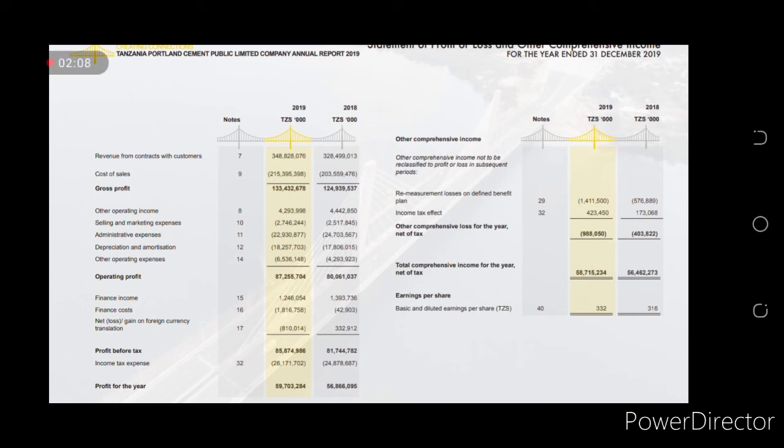Now basically other operating income is income that the business has got from its day-to-day operating activities. If you want to know what this operating income could be for this particular business, or any other single expense or income recorded in these statements, you can have a much more in-depth study of what it's all about by looking at the notes.